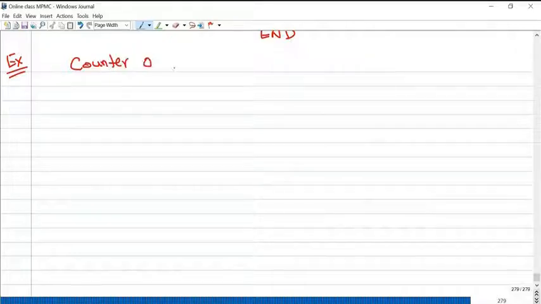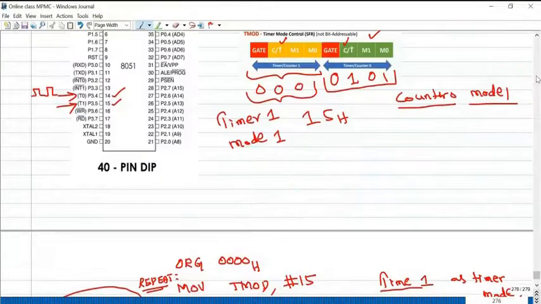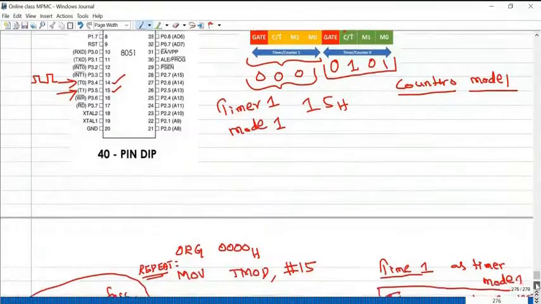Counter 0 program. Just an example. So what is the pin number? T0, P3.4. You have to use either the name T0 or P3.4. I'm not using any timers.